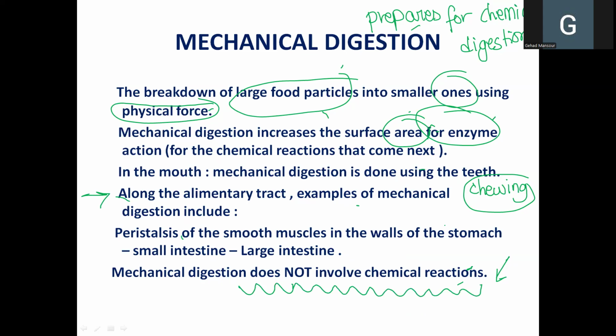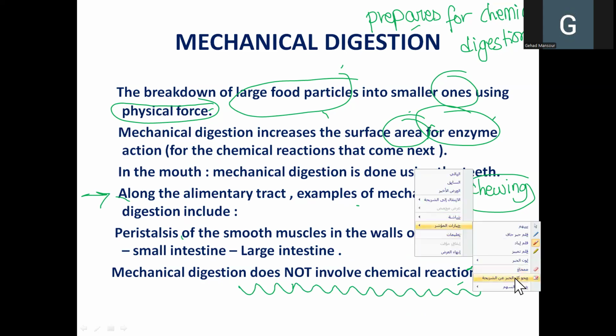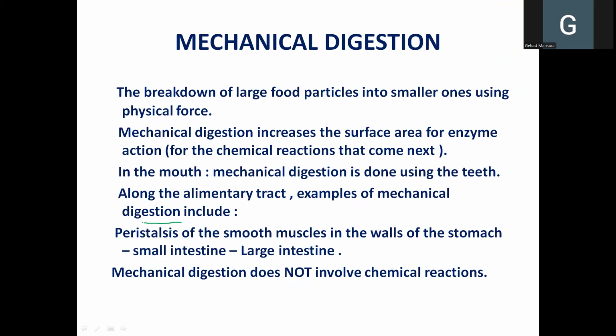What other type of mechanical digestion are we going to talk about? It's mechanical digestion carried out by the muscular wall of the alimentary tract, and it is called peristalsis, and we will be explaining it. So we will find it in the stomach, in the small intestine, in the large intestine, because all these organs or structures have muscular